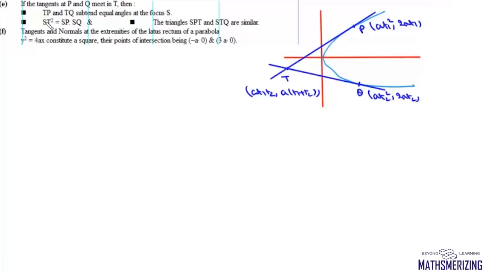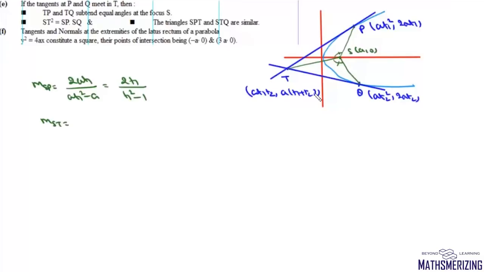Now the first part says that TP and TQ subtend equal angles at focus S. We need to prove that TP and TQ subtend equal angles at focus S. So basically this angle must be equal to this other angle. Now we'll write the slope of SP. So the slope of SP will be 2at1 upon at1² minus a. So it will be 2t1 upon t1² minus 1, and the slope of